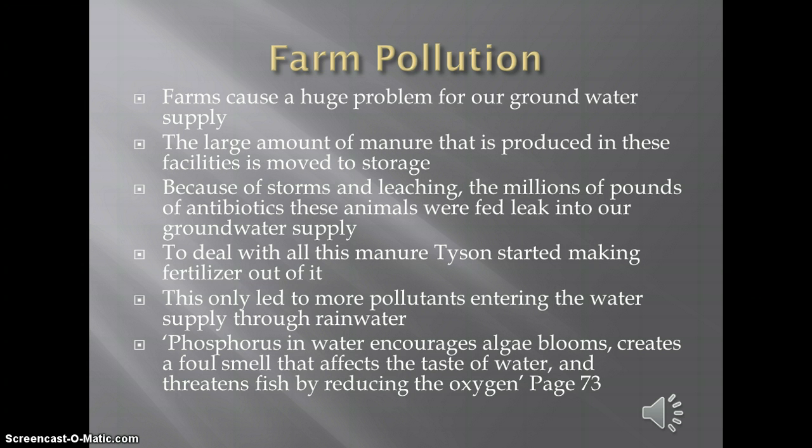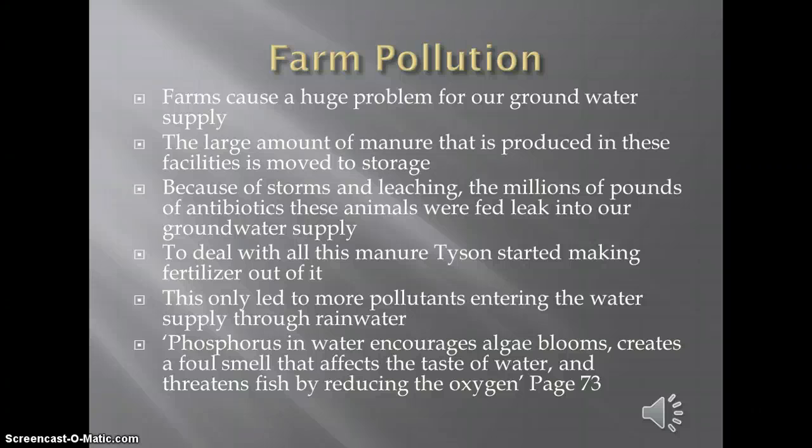Farms and large-scale animal facilities cause a huge problem for our groundwater supply. Dairies and places like football field-sized chicken farms create a huge amount of manure by housing such large numbers of animals for such long periods of time to fatten them up. Each dairy cow, for example, produces 120 pounds of manure a day, and California's Central Valley alone is home to 1.4 million cows. All of this manure is then moved to storage facilities, but because of storms and leaching, a good chunk of the 75% of the 25 million pounds of antibiotics the animals are fed ends up in our